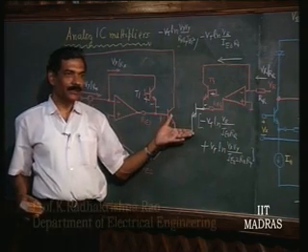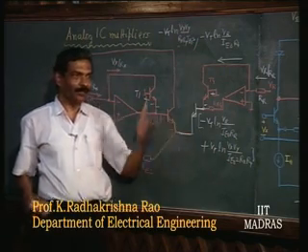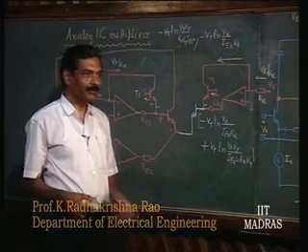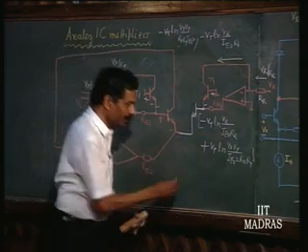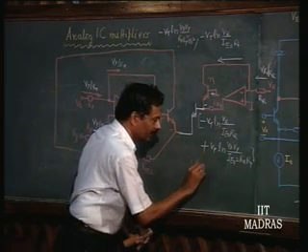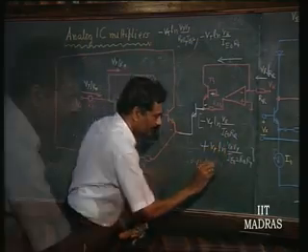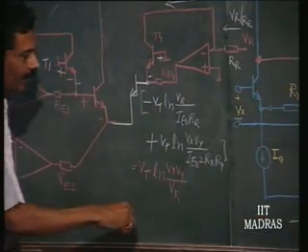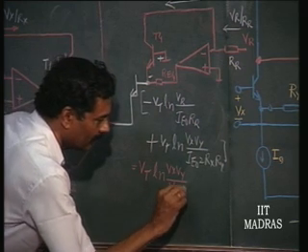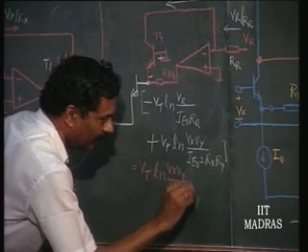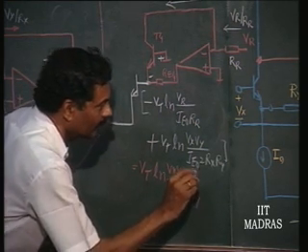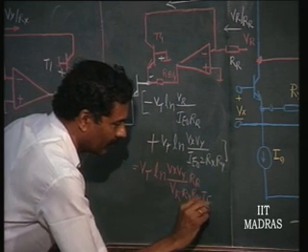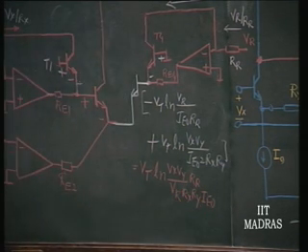a fourth transistor, and what will the collector current depend on? This voltage. What is this voltage? This is V_T log, you just take V_x V_y by V_r, I_E0 gets cancelled, R_x R_y by R_r, and there will be 1 by I_E. That is the voltage that you are applying.